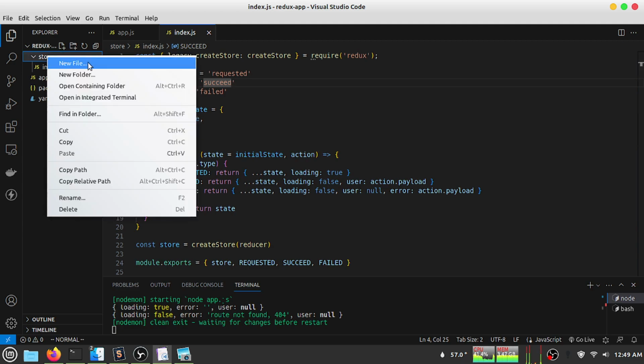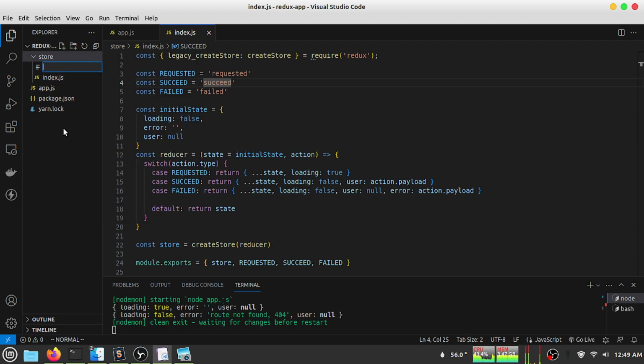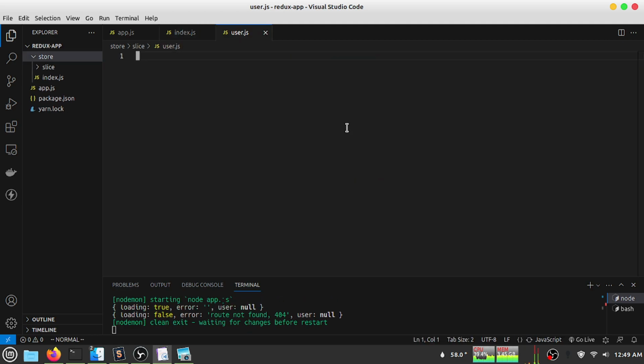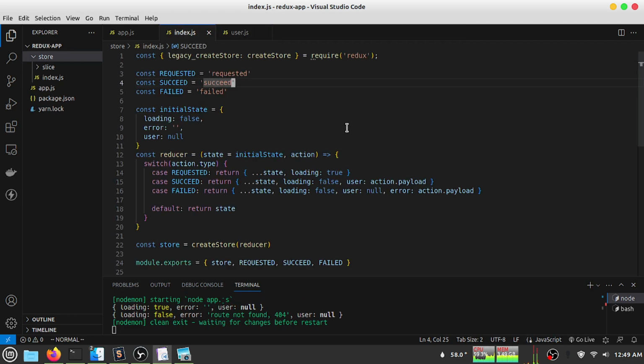I am creating a file. It will be a slice, and this slice is used for the user. So I will name this slice user.js and move the reducer,